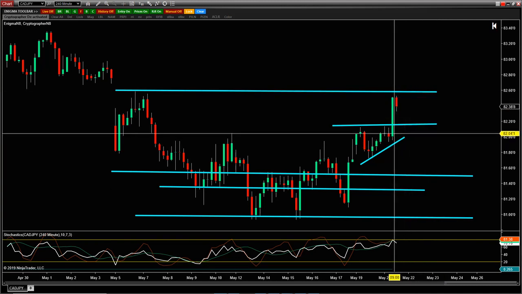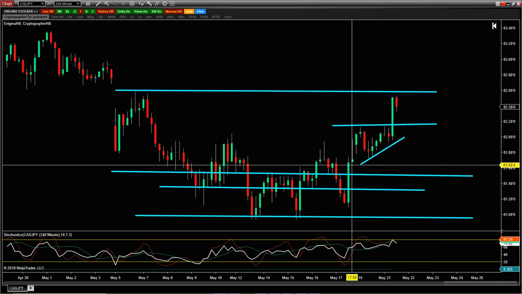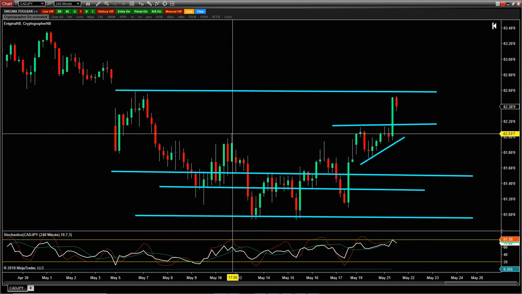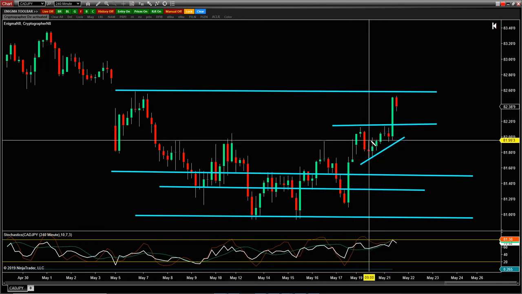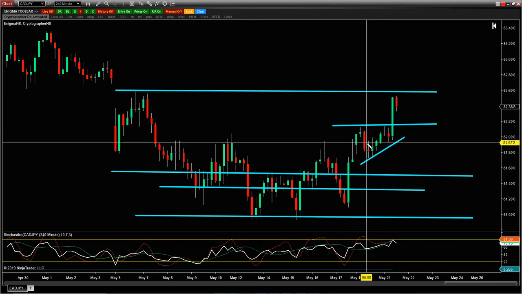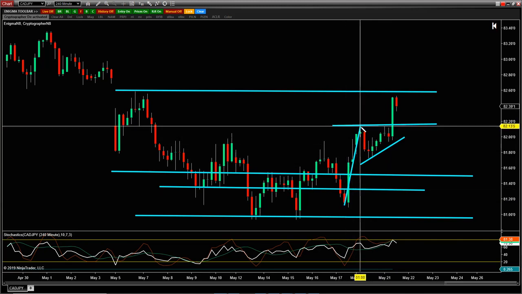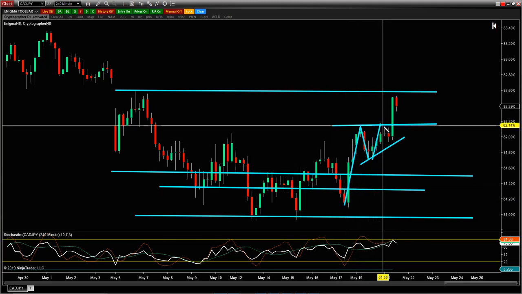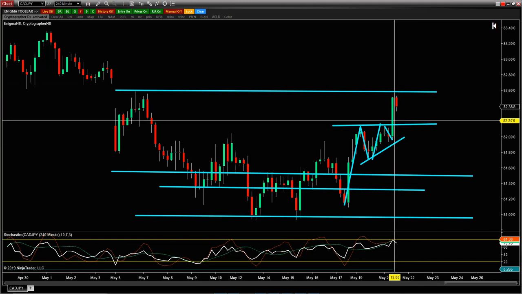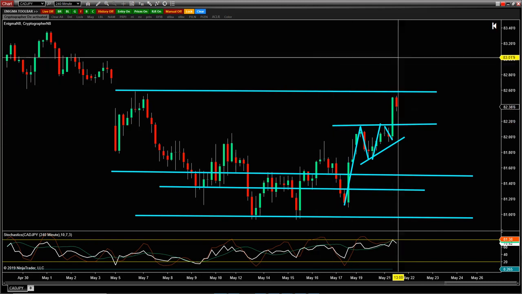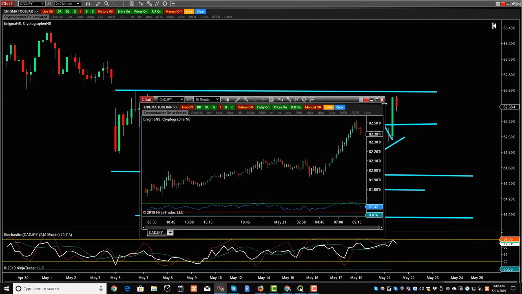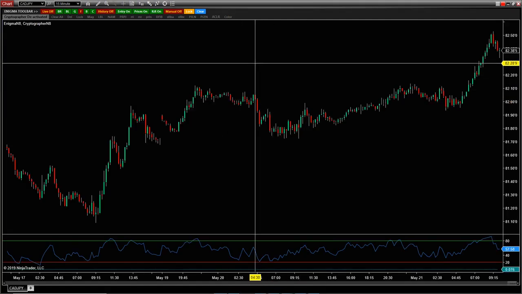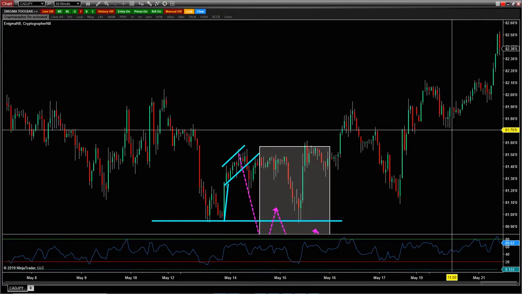But we talked about this with a few pairs, even gold, right? You see how we got to the upper half of this. We held. Actually, I guess we technically broke and closed above, which is even better. And then we put in this ascending triangle, right? We put in here, here, here, here, and then we broke out. So should have looked at this earlier. Sorry, guys, a little late to this party, but that's what happens when you don't have your eyes on everything.